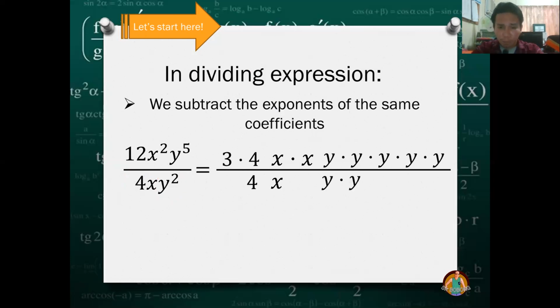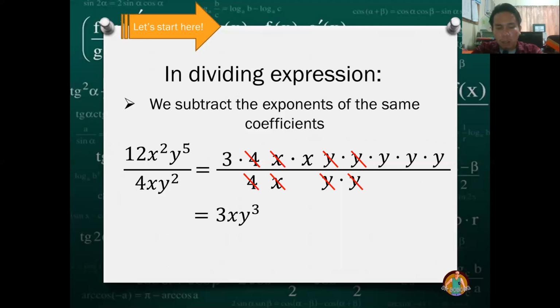Okay? So this factoring will show you why we subtract. Let's do the cancellation: 4 and 4, x and x, y and y. So what remains as our final answer will be